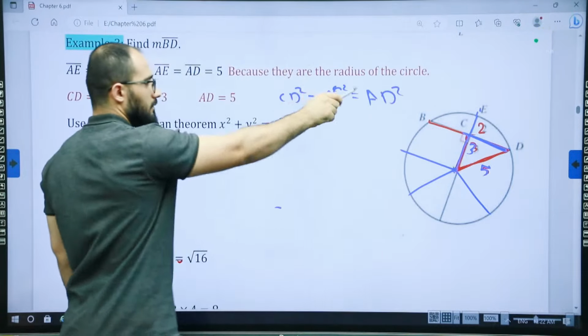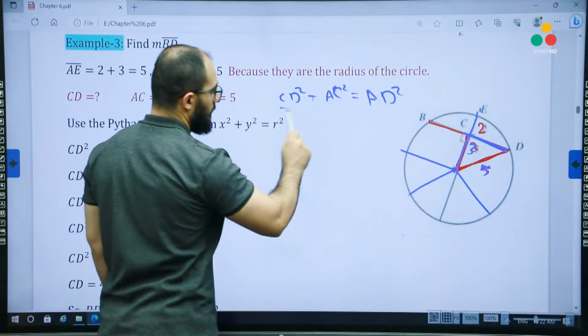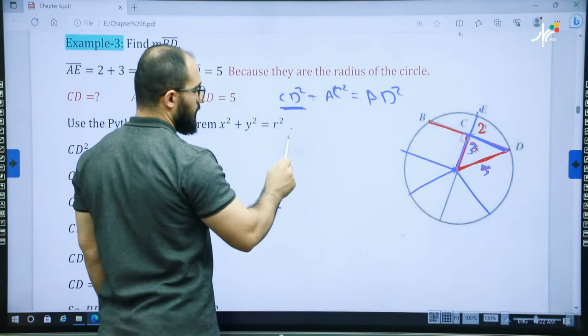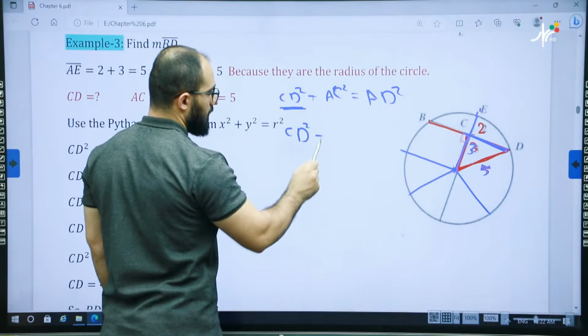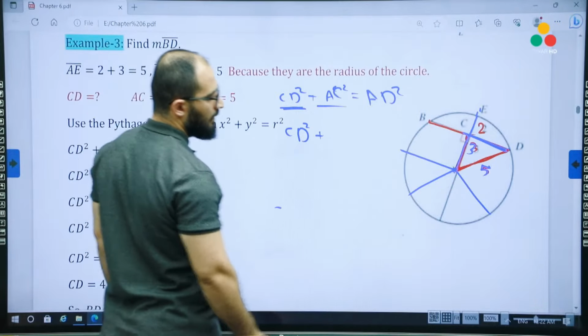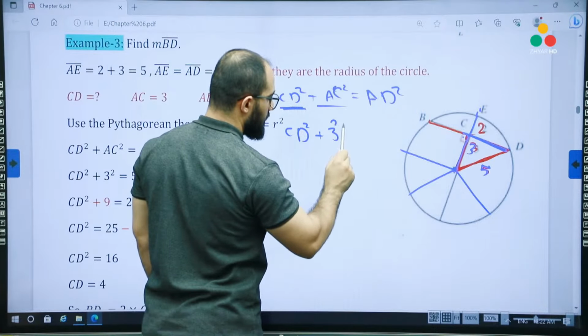X squared plus y squared is equal to r squared. What was the value of CD? We don't have it. It's unknown. So write down CD squared plus... What was the length of AC? AC was 3. So write down 3 squared